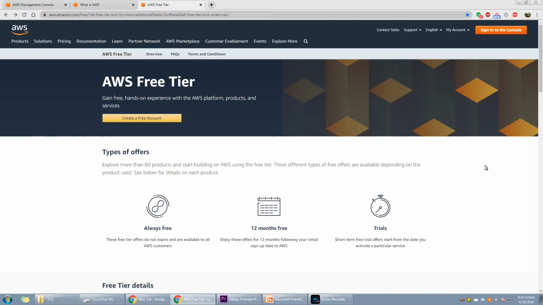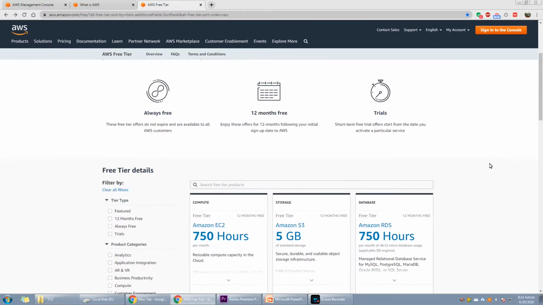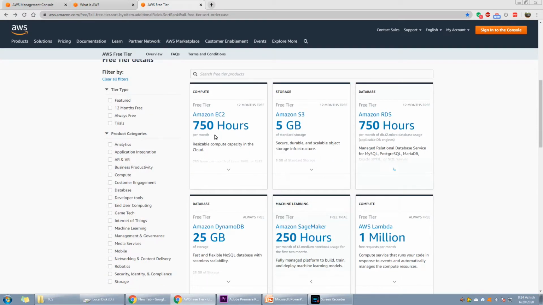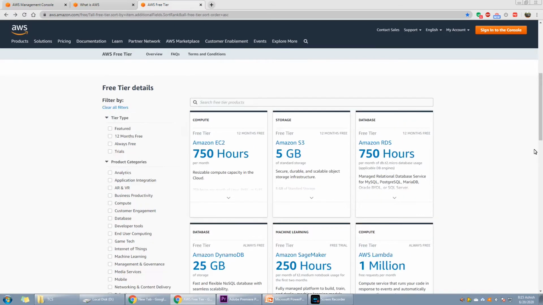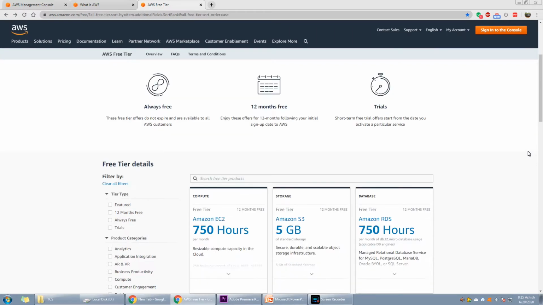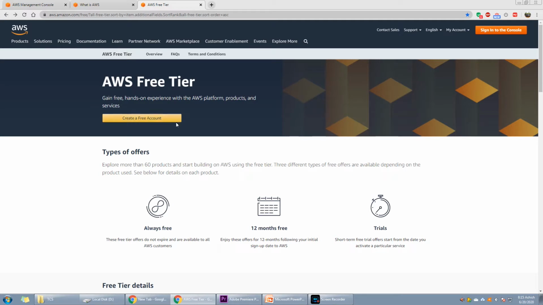Those who want to learn AWS, they are offering a free tier account which you can register and use their services for free for 1 year, and you can get familiar with the AWS services. So as you can see, AWS is offering these services for free. There are some limitations in each of the services. If we exceed those limitations, then only we will have to pay for it. Otherwise we can use it for free for 1 year. So you can follow this link and create your free account.